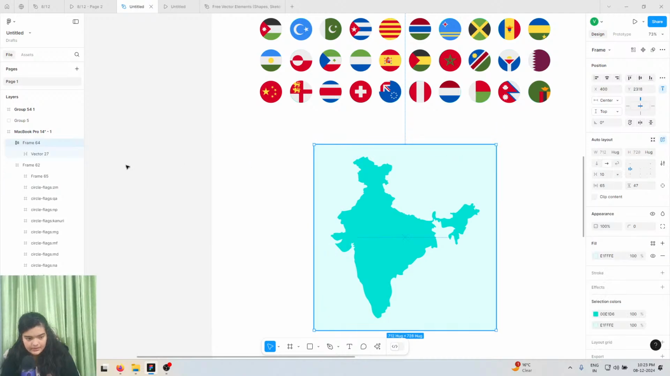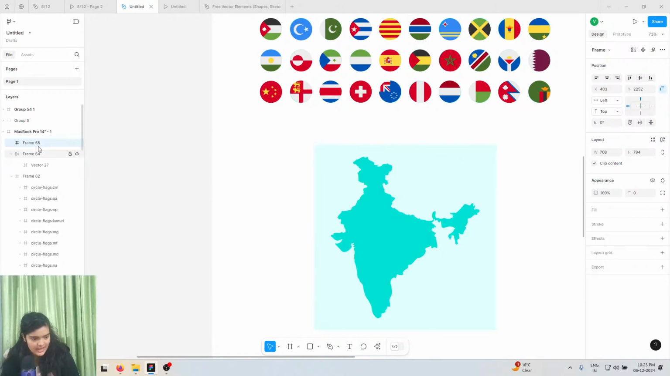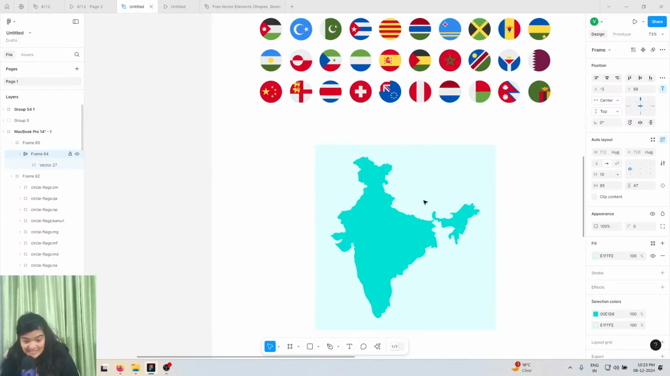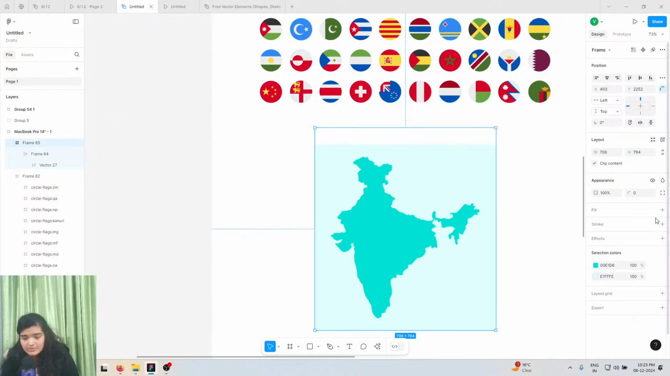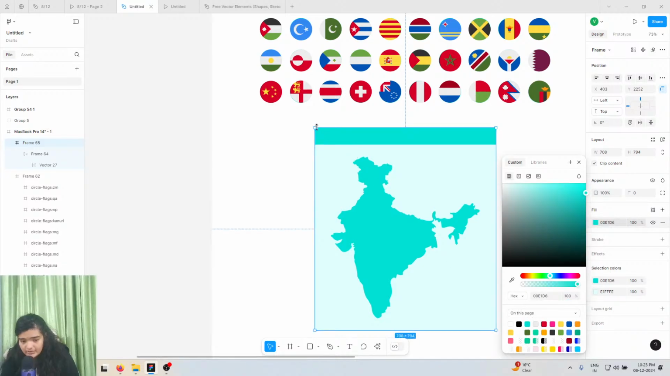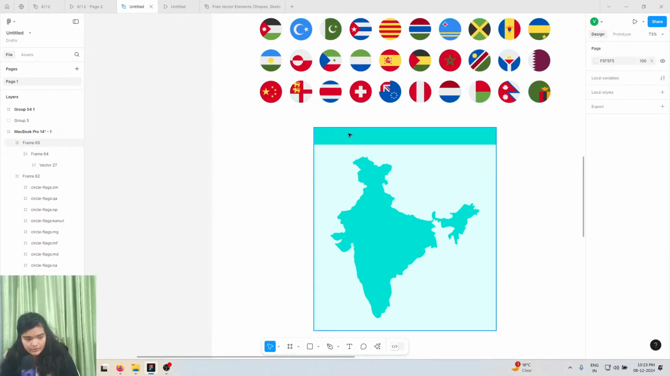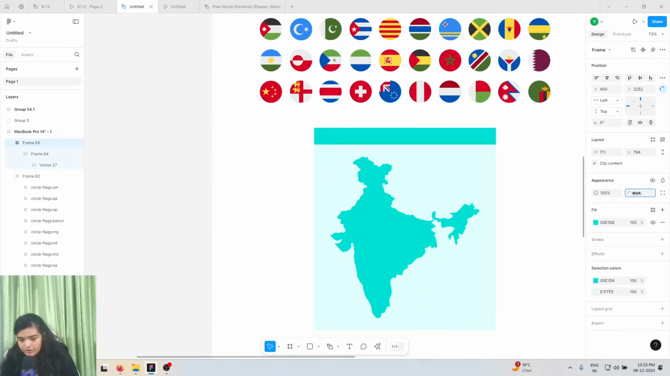Done. And then let's get, where is my frame? Let's get this frame outside, and then let's get frame 64 inside of frame 65. Go to frame 65, add a fill, change the fill color to this bright teal. Make sure the width is the same. Make sure the height is the same as well, and then it exceeds it from the top edge. And then we're going to go to this frame, add a border radius,